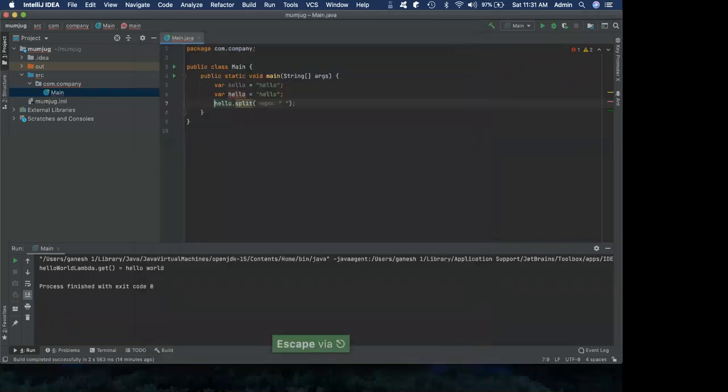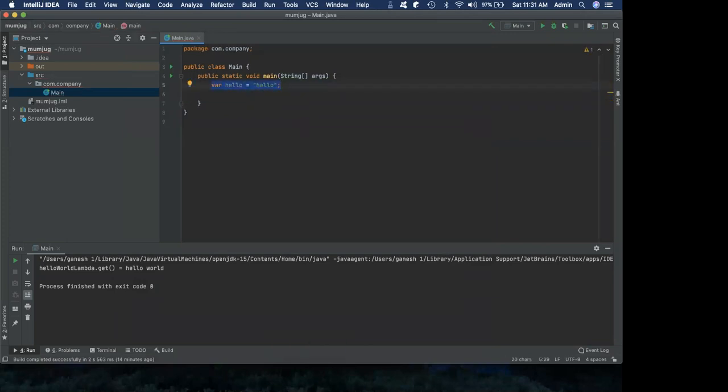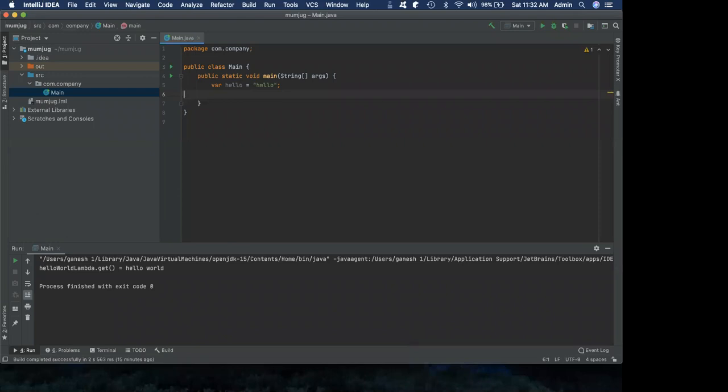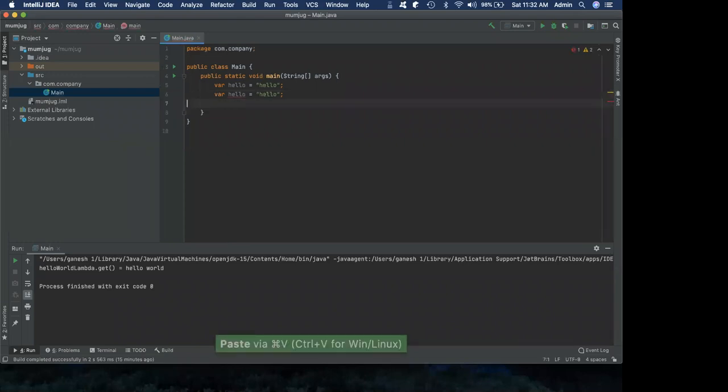Okay, how do I duplicate a line? So here I actually copied it manually, right? If I do this normal copy, I have to do command C and then go to the next line and command V, which is a very lazy way of doing it, right? The faster way is to just do command D, and you'll be able to duplicate the line. Now I want to cut the current line. How do you do that? So that is command X, and I have cut the current line, and I have pasted it, right?